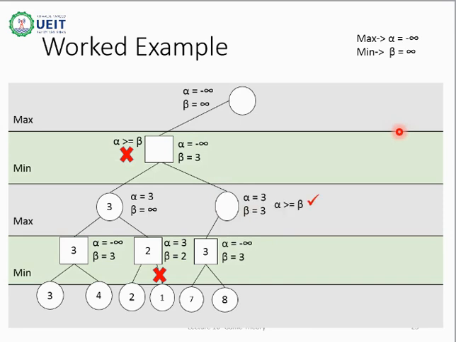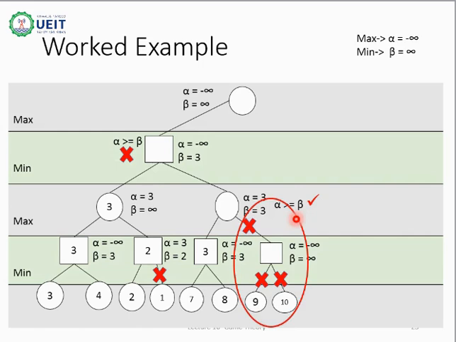Again, condition check will be performed and condition will become true as alpha is equal to beta. This right side of the tree will be pruned. This complete portion in ellipse will be pruned and node value will be set at 3. Now following DFS, control will move here, one level above from the previous level. We have to choose minimum. Thus 3 will be set as node value, minimum of these two, and we already have minimum, thus node value will be set at 3.